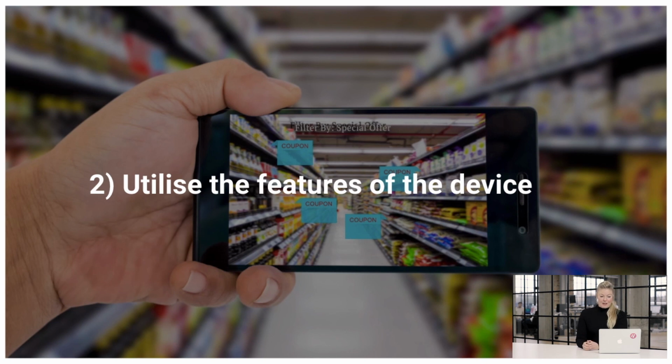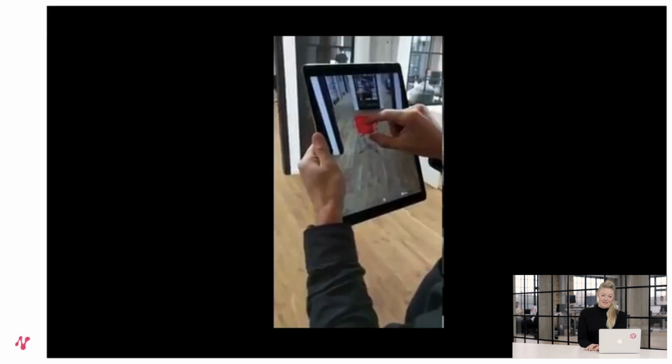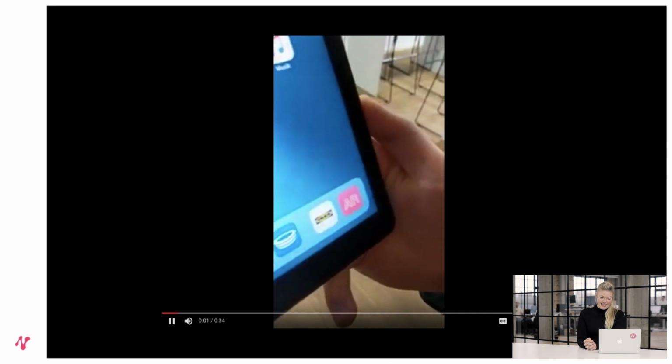My second recommendation is to utilize the features on the device. This means that devices today come with tons of features. They come with AR kits, voice control, facial recognition, geolocation. There are thousands of features that can be utilized in apps. But I see that more and more apps are not actually utilizing or considering this when they are created. And that could be one of the reasons why they are going to the app graveyard. So definitely utilize features on the device, and I have taken a little example here.